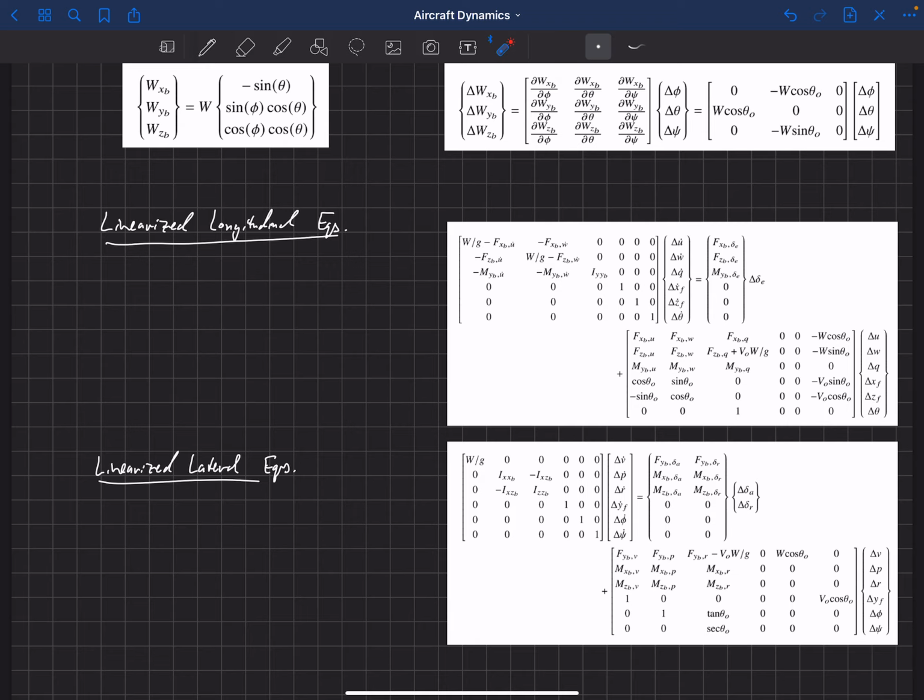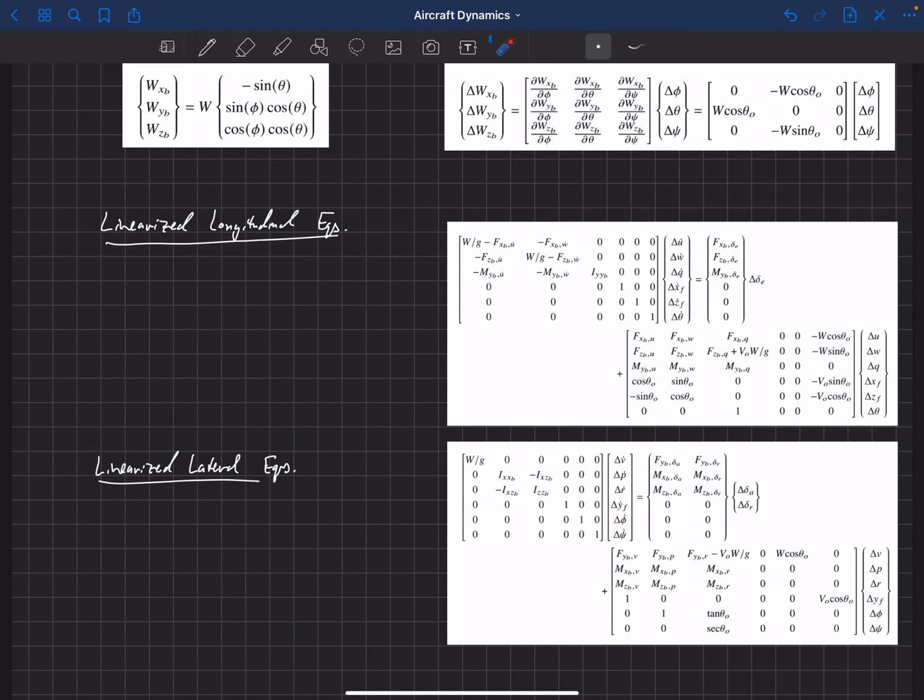So this is still F equals ma and our kinematic transformation equations. The top 3 equations of each of these are F equals ma equations, and the bottom 3 equations are our kinematic transformation equations, but we've been able to divide them up because the coupling has disappeared once we linearized these equations. Hopefully these final equations don't scare you at all. This is just a different form of our total equations of motion that were nonlinear.